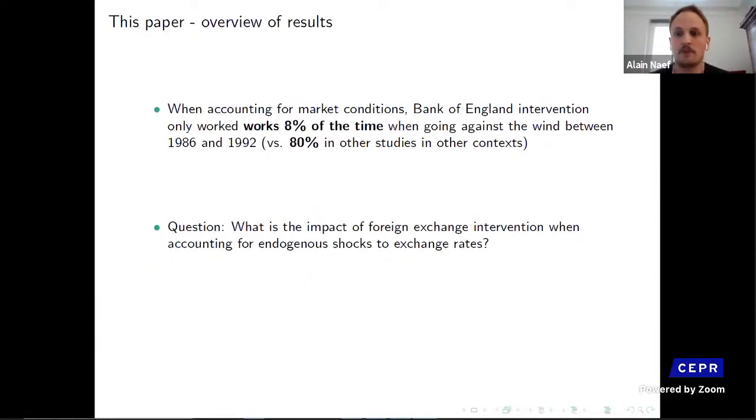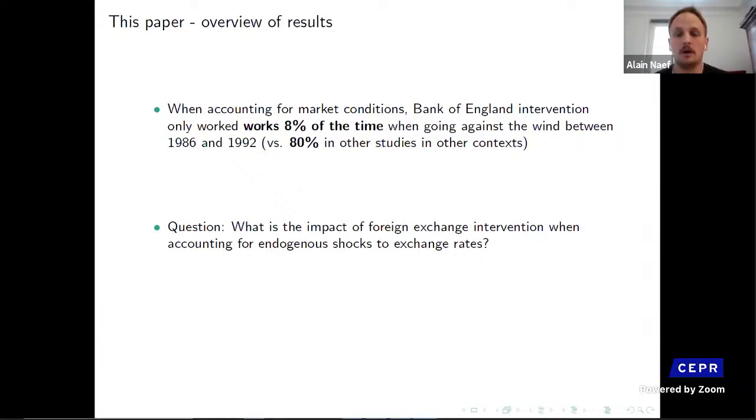So I'm just going to give you a brief overview of what I will be talking about for the next 30 to 40 minutes. In this paper, this is my headline figure, meaning to shock you and hook you to this paper. Here I'm saying that by looking at the Bank of England between 1986 and 1992, roughly a period when they were shadowing the Deutsche Mark, trying to peg to the Deutsche Mark and entering the ERM,